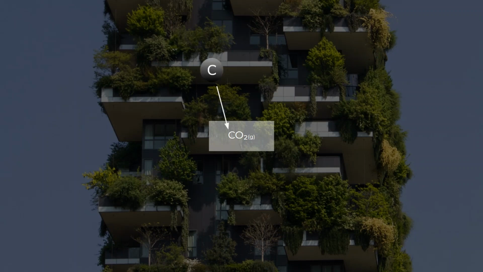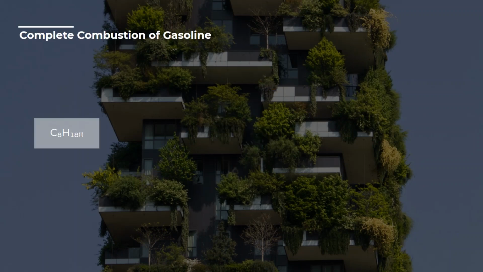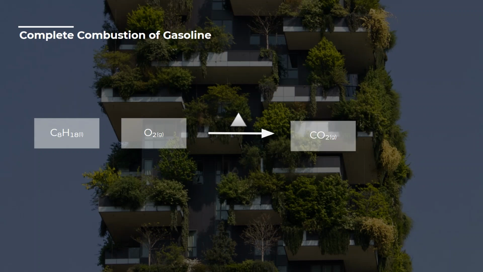This compound consists of one carbon atom and 2 oxygen atoms. When your car burns octane gasoline, which is C8H18, it uses the abundant oxygen gas to undergo complete combustion in a heated environment, also known as a car's engine. The resulting products are CO2 and water vapor molecules, which are emitted out through the tailpipe. With an average car emitting 6 tons of CO2 each year, it's going to do significant damage to the environment